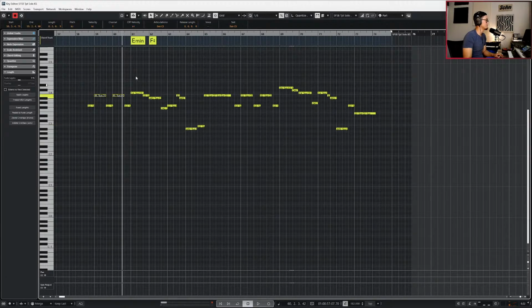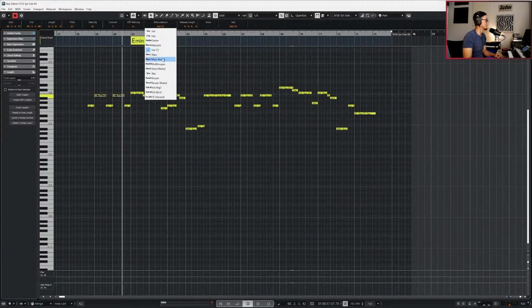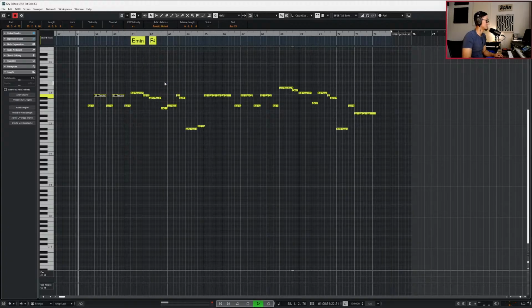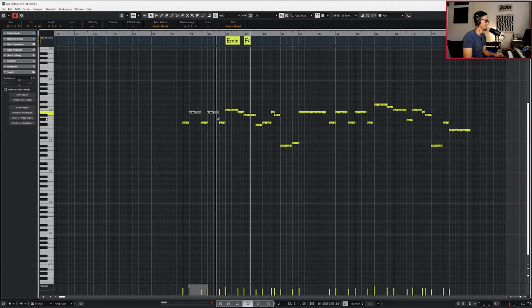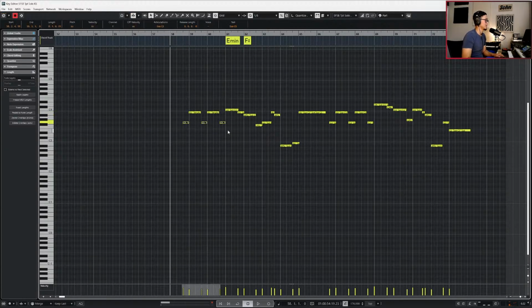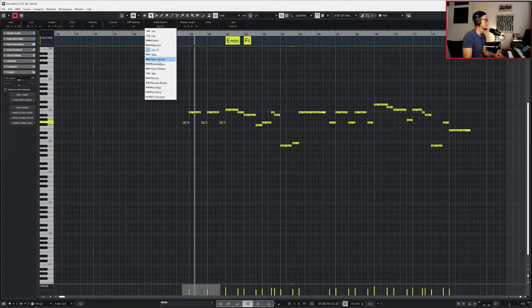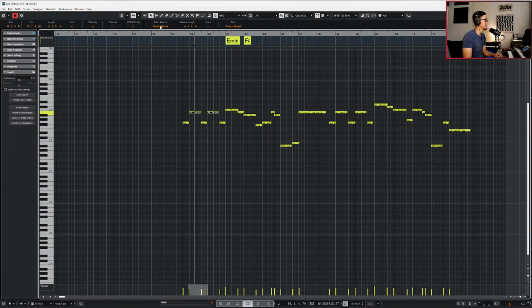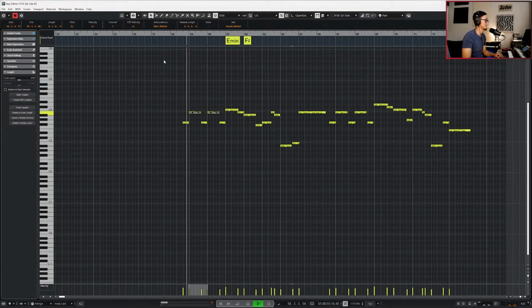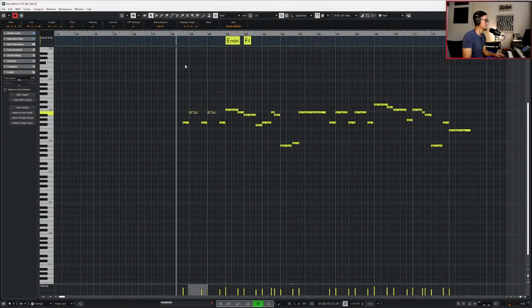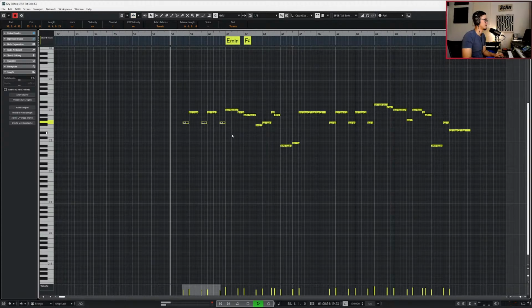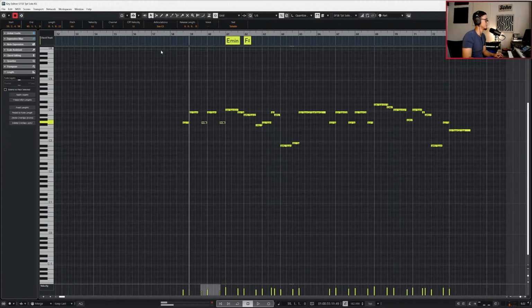I don't know, like boom. Maybe we do like a marcato or tenuto. Something like that. If that makes a difference, I don't know. Or it can be the opposite. We do the tenuto there and marcato there. Let's just do the sustains on those. Maybe just on that first one. Maybe we just do that and